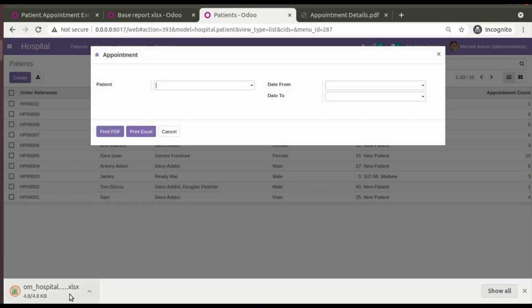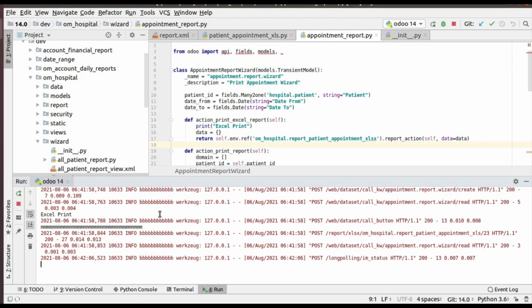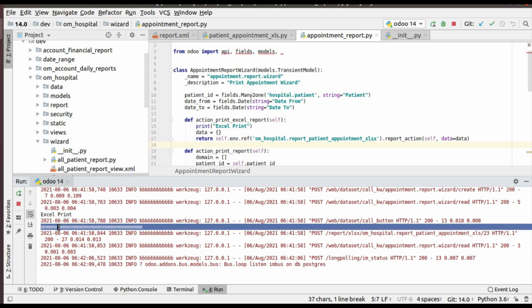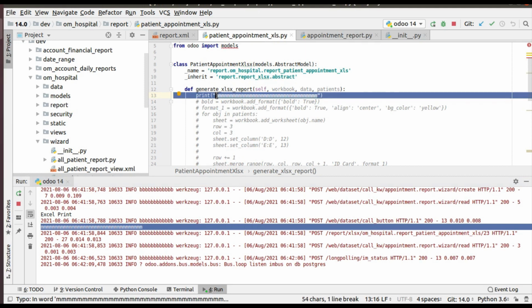You can see something is getting printed. Initially it was just printing what Excel print. You can see what gets printed right now is coming from here, so we can see the execution reaches here.